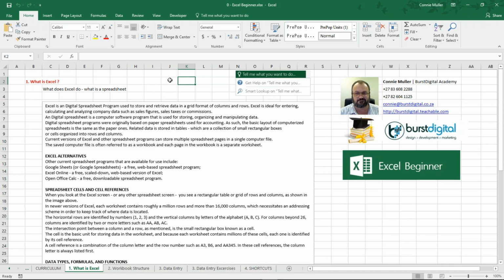Current versions of Excel and other spreadsheet programs can store multiple spreadsheet pages in a single computer file. Now let me quickly show you what that is. Right down here at the bottom you can see there's a tab, what is Excel? Now that is a spreadsheet. Right at the top you might be able to see the name